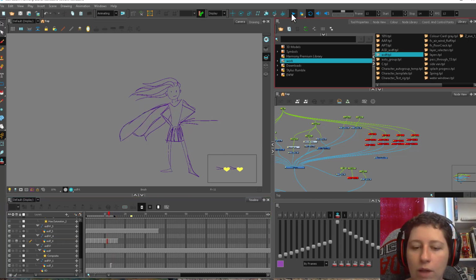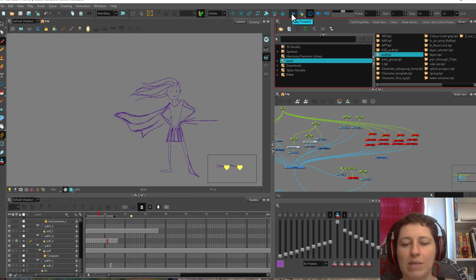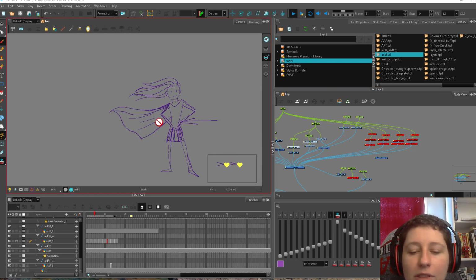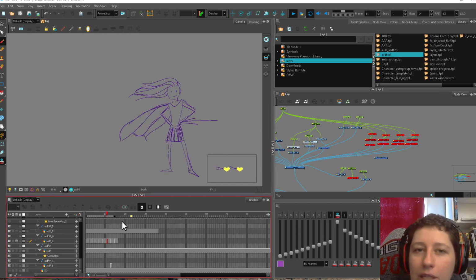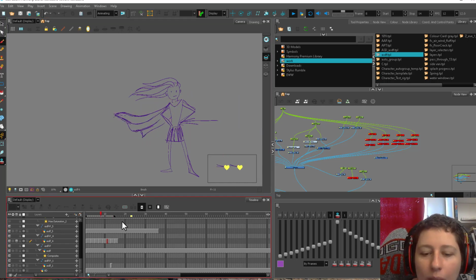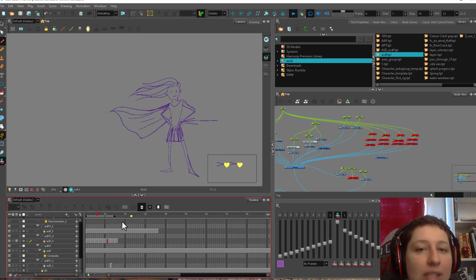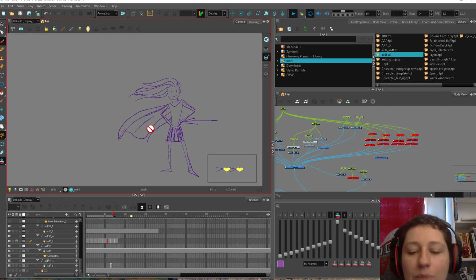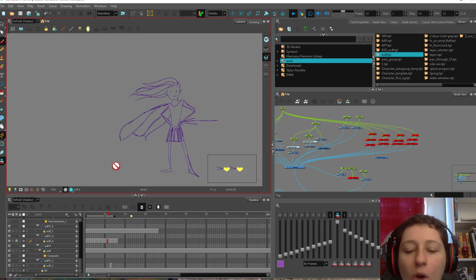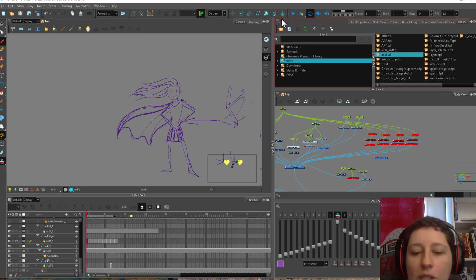So this is 12 frames per second. And you can see, even though this is super rough and things are a little bit higgledy-piggledy, because they're always heading back towards that anchor and you have a confidence in where the cloth is going, it's going to feel like it knows what it's doing, because you're thinking about the anchor point, you're thinking about the type of fabric it is, where the forces are coming from.